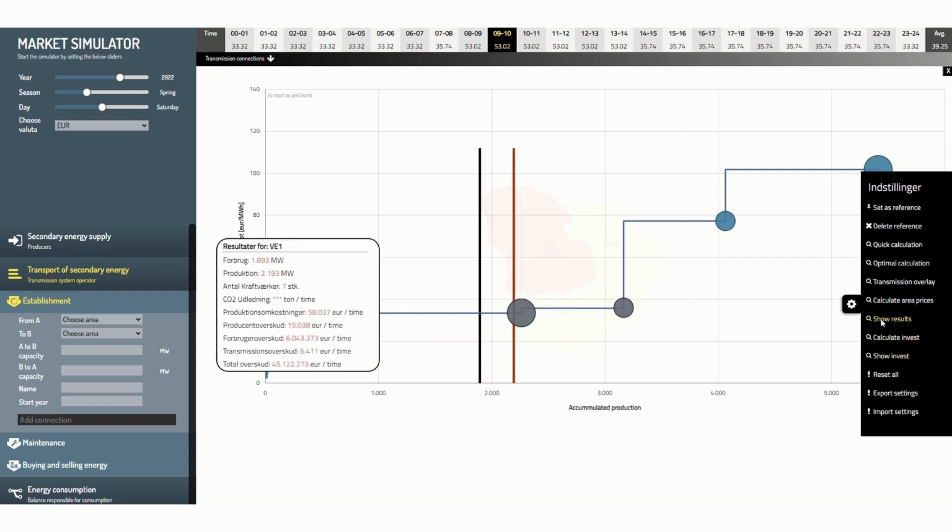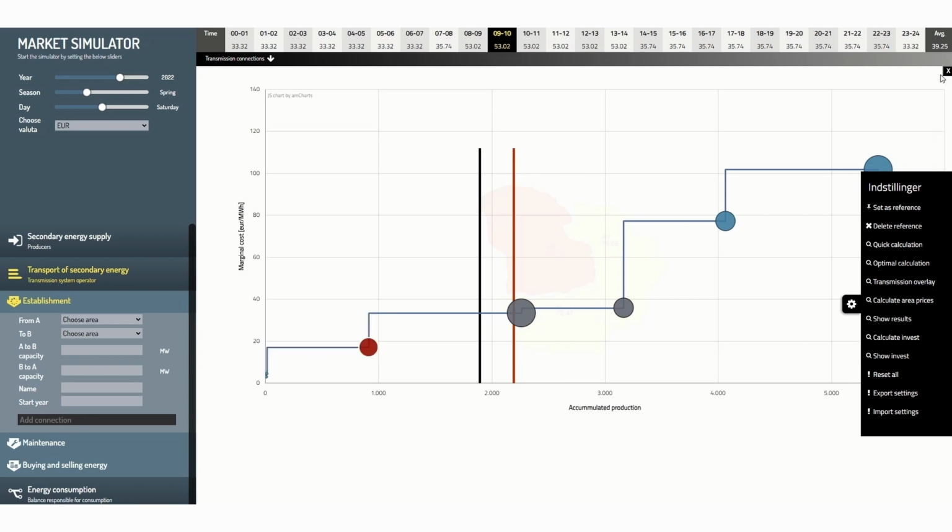If I click on this here, show result, you can see the production is 2,193 and the consumption is 1,893. And the difference here is the 300 megawatt we are exporting to